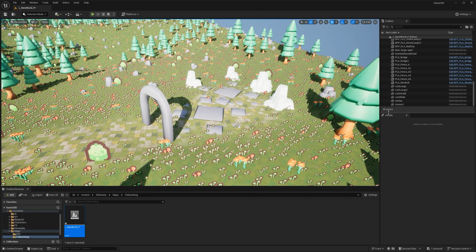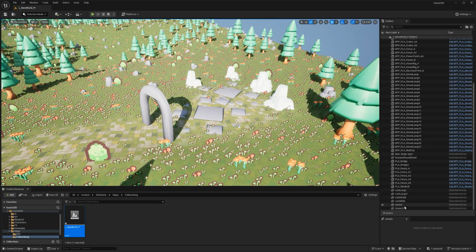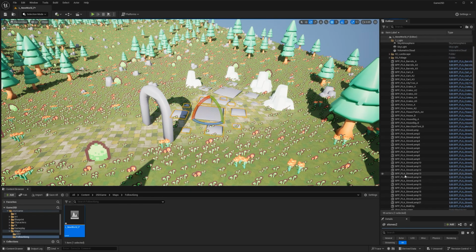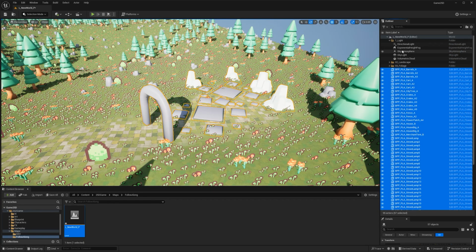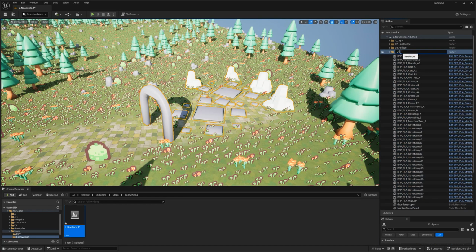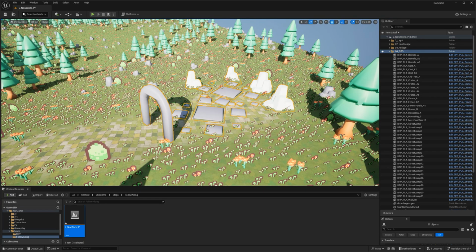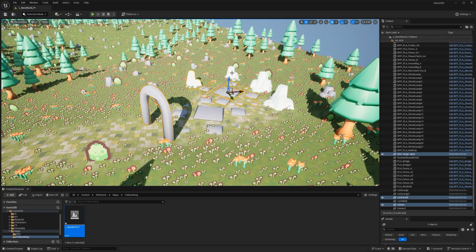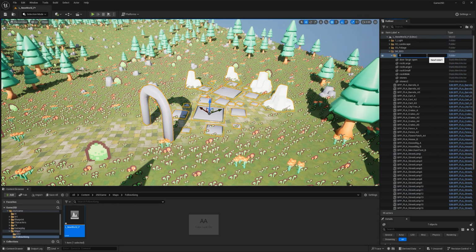Before I even continue, I'm actually going to do one more thing. I have all these assets here, and it really frustrates me that there are so many like this. I'm going to group them all, put them in a folder 04 geo, and I'm going to actually select the ones that are here and put them in another folder inside that folder called start area.